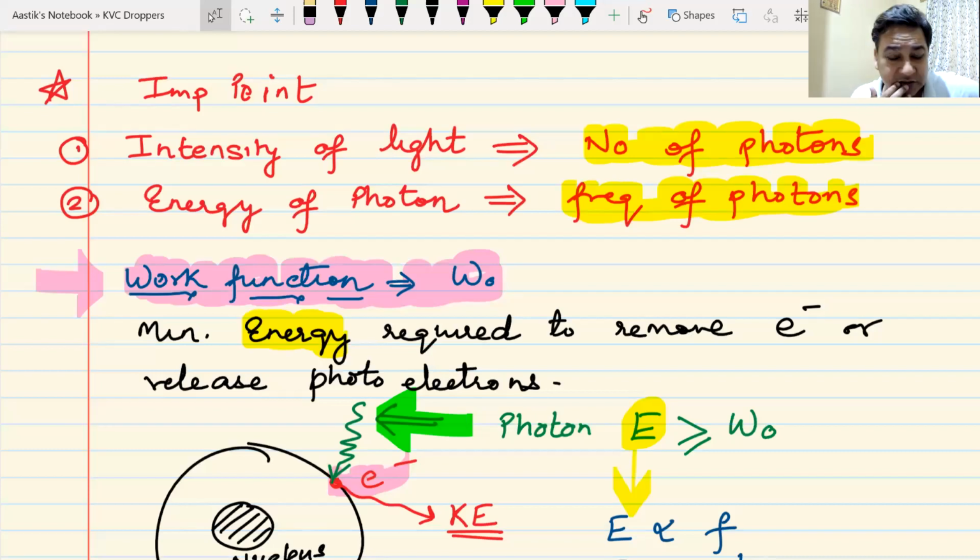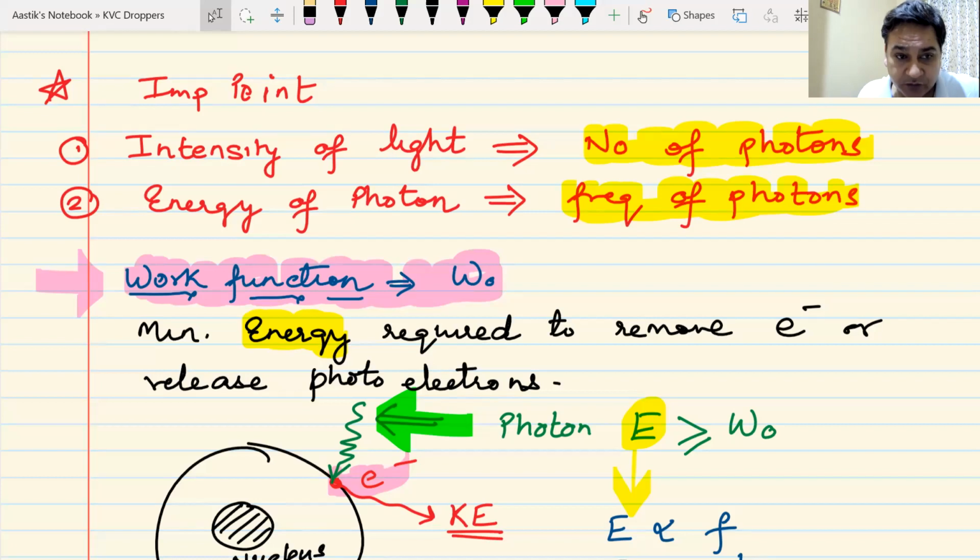I'll just go back to where I was. Okay, this is the point where I was. So what have you not understood here? Tell me. If I talk about intensity of light, I'm talking about how much light is falling. How much light is falling depends on the number of photons which are falling. When I refer to the energy of light, I refer to how much energy that light has, and that is determined by the frequency of the radiation and not by the number of photons that are falling on it.